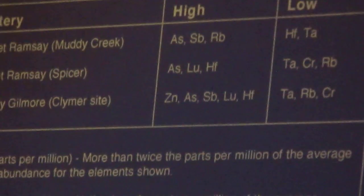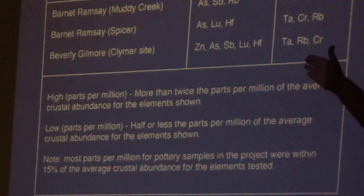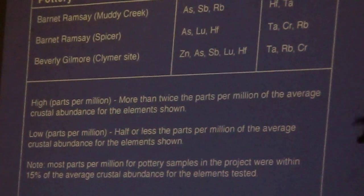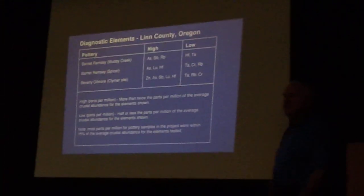Now, on the other hand, the actual external or macro look at those potters, they're pretty much the same. Barnett Ramsey did pretty much the same work at Muddy Creek as he did at Spicer, and Clymer and Thompson and the others who worked at that site, they fired the same kind of shapes. They all influenced each other when it came